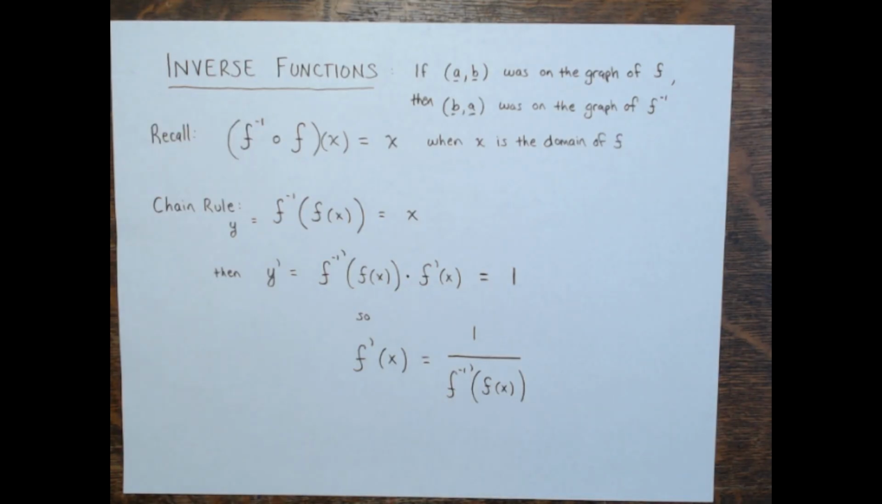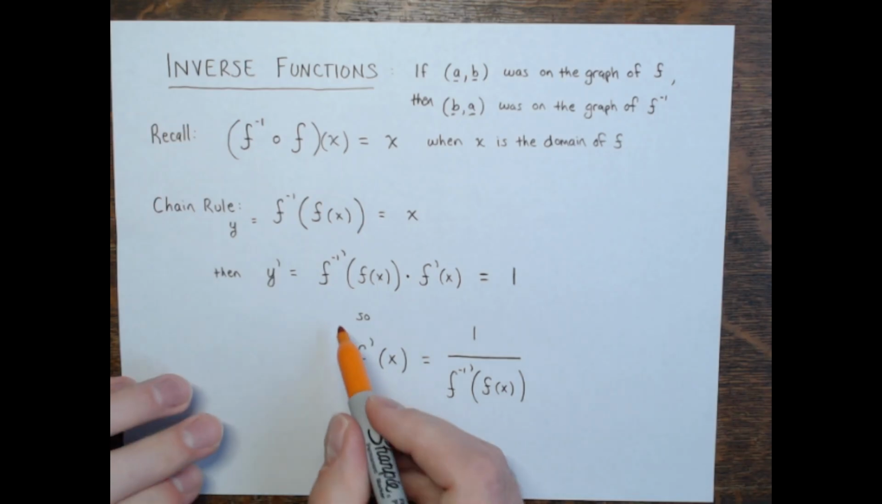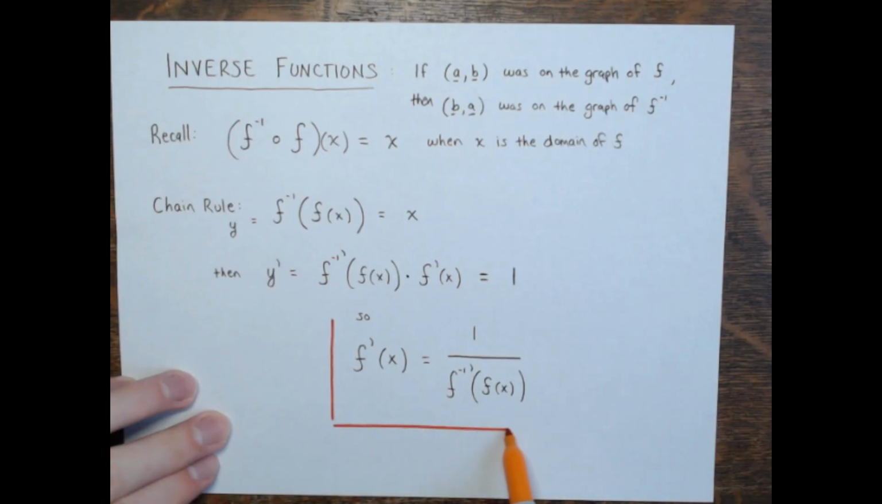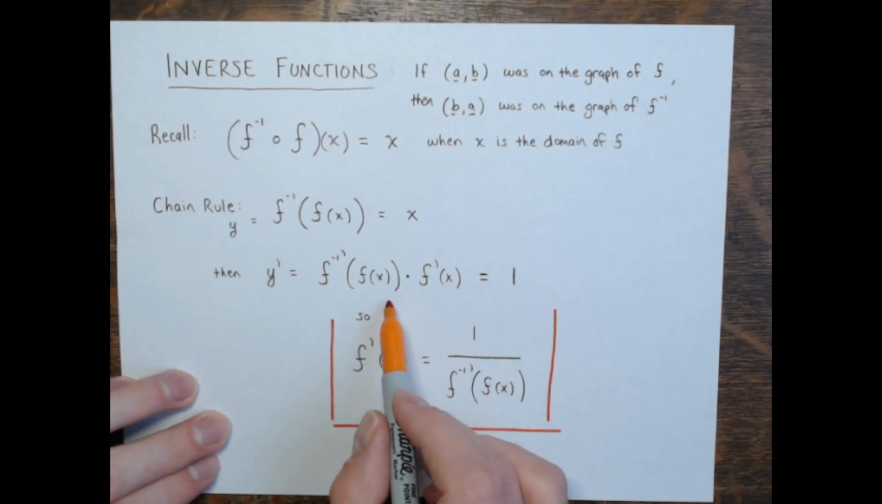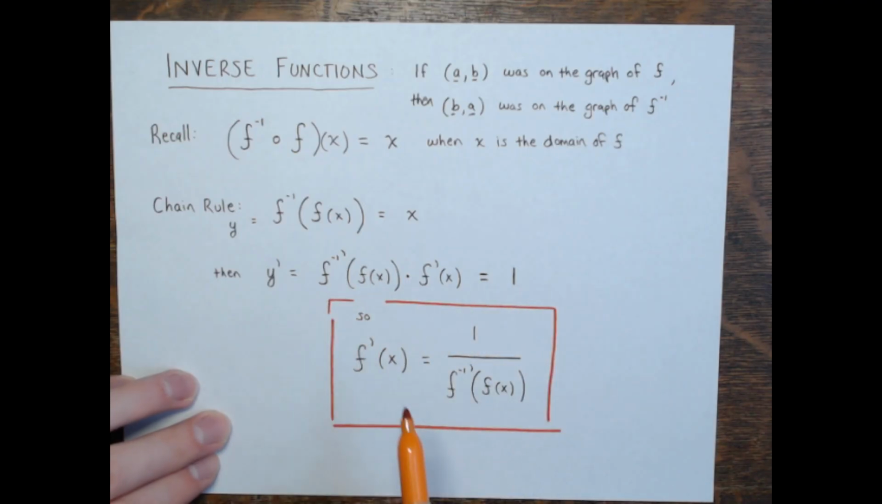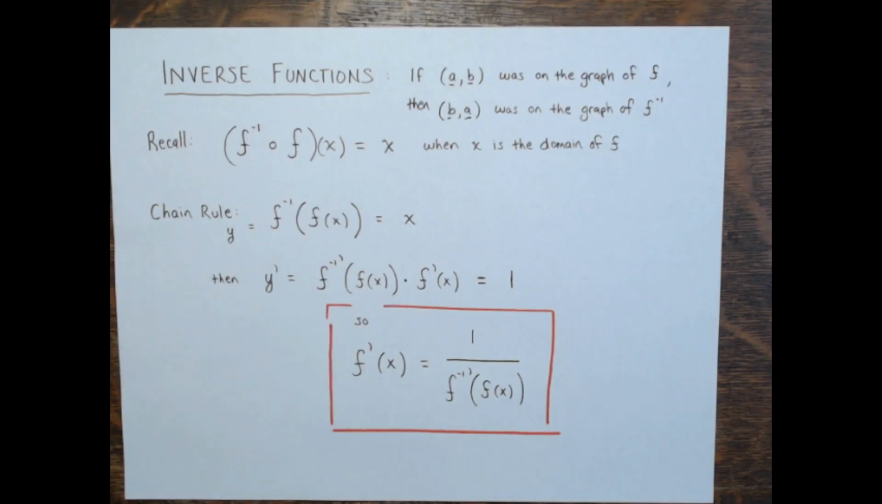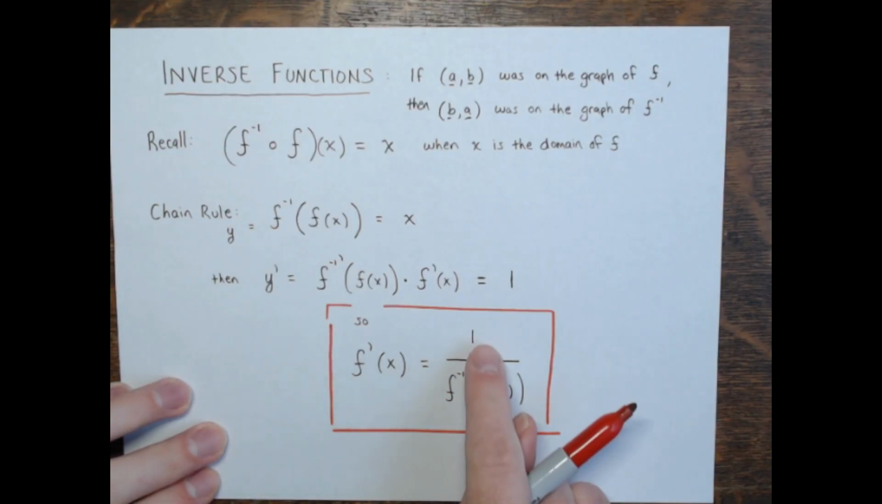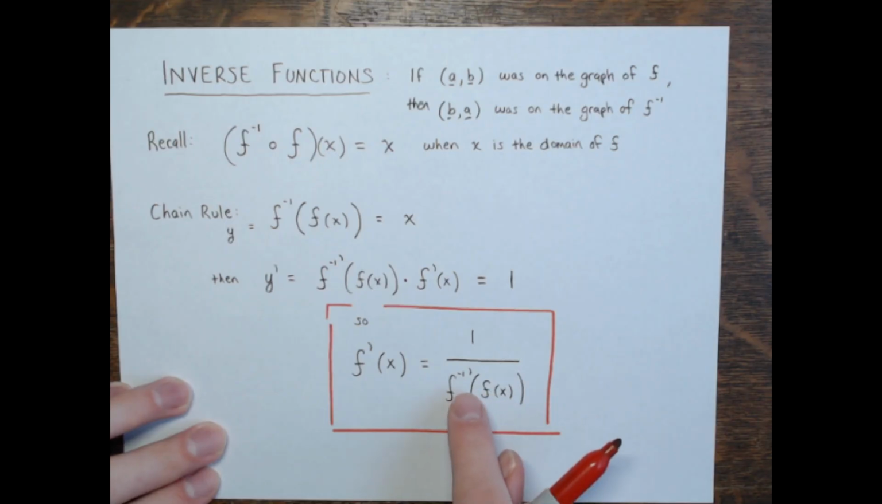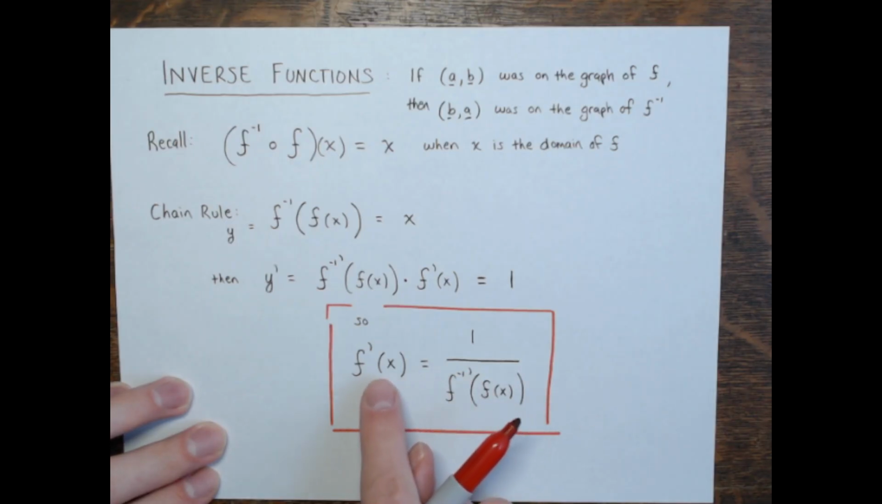Okay, so this is something you'll see in some text, this rule here. This is a rule showing you the relationship between derivatives of functions and the derivatives of their inverses. See, they're reciprocals. So the derivative of one function is 1 over the derivative of its inverse with the original function inside. Right, so again, as long as